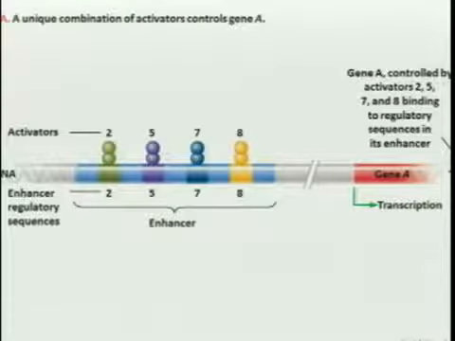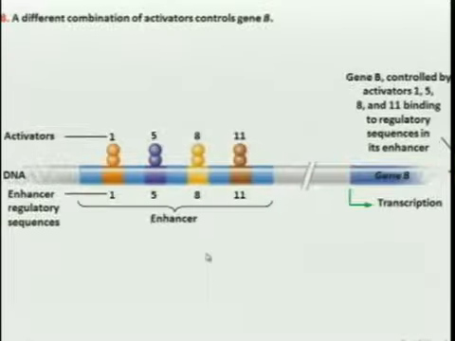Furthermore, some genes are bound by, let's say, transcription factors 2, 5, 7, and 8. Those are not really their real names. A different gene in that same cell could be bound by transcription factors 1, 5, 8, and 11, producing gene expression. Thus, human genes have multiple regulatory elements. They're bound by multiple transcription factors that somehow come together to work. That's what I need you to memorize, because this will be in upper division classes, etc.